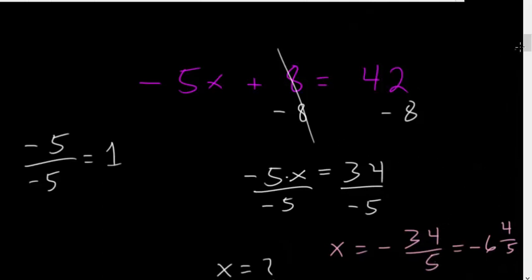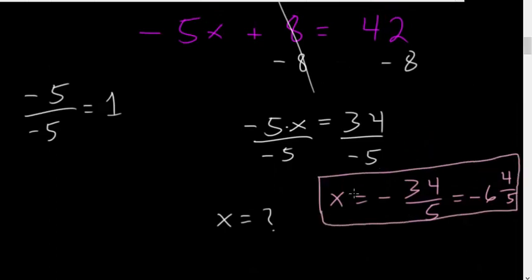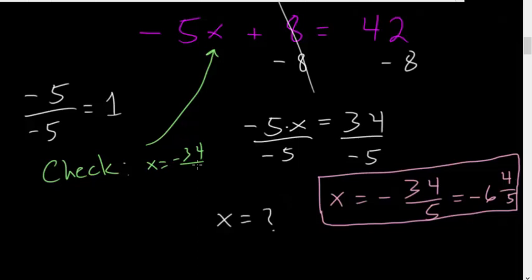So let's check our work here. We want to make sure we did this right. I mean, we think this is the answer. And at this point, when you do find an answer, that's all you have. You think that this is the answer, but you don't know for sure until you check. So we have to do that every time. And so by checking, we're just going to plug in x equals minus 34 over 5